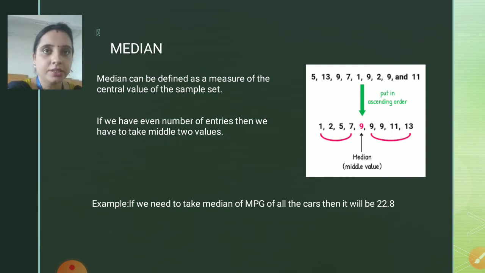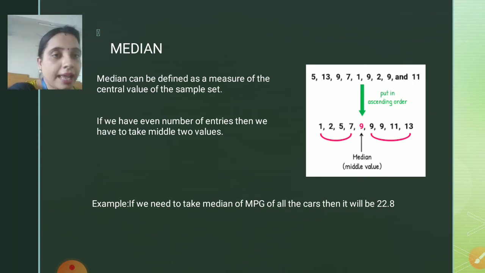The very first step we need to do is convert the list into ascending order, which I did in my example. When we convert this list into ascending order, we get the numbers from lowest to highest. So my very first step for calculating the median is to convert the list to ascending order, which I did. Now I need to calculate the median.